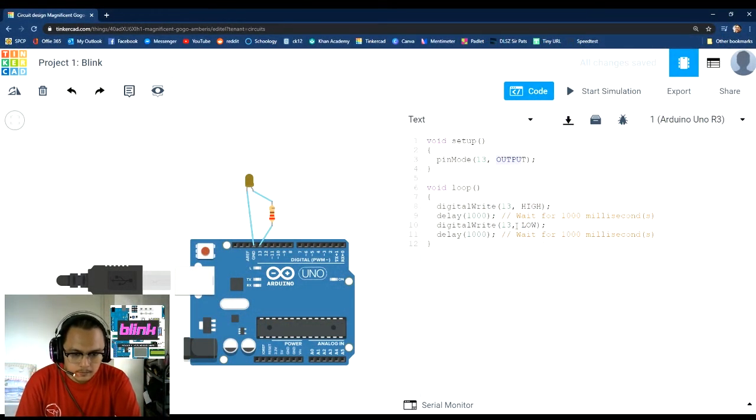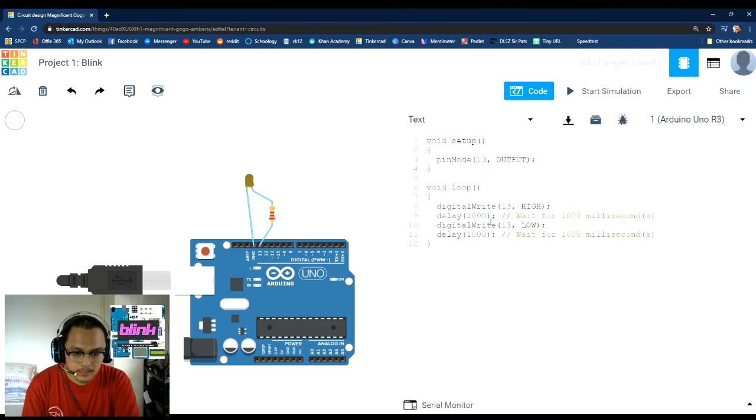All right, moving on. So for void loop, it says digital write 13 high. So that means high, there's the surge. There's like, all right, I'm giving off energy or voltage for that 13 digital pin. And then for how long? 1 second. Okay, 1000 milliseconds is equal to 1 second. And then